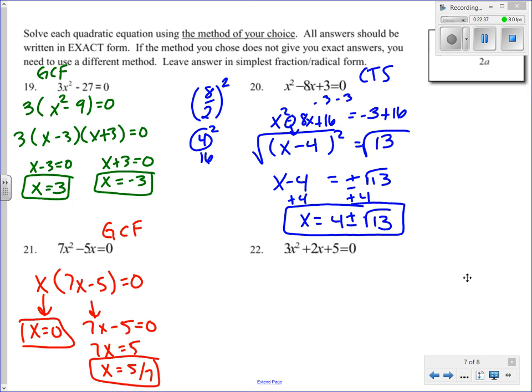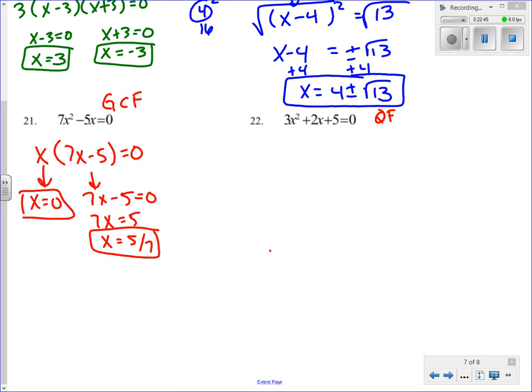Okay, I'm going to do quadratic formula on number 22. Give myself a little bit more room here. Okay, quadratic formula is up in the top right-hand side of your paper, so if you need that reference, it's right there for you. Okay, so we're doing negative b. That means negative 2 plus or minus 2 squared is 4. Minus 4 times a, which is 3, c, which is 5. Over 2a, which is